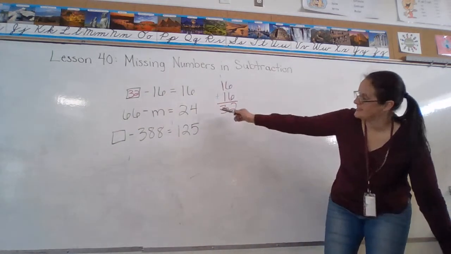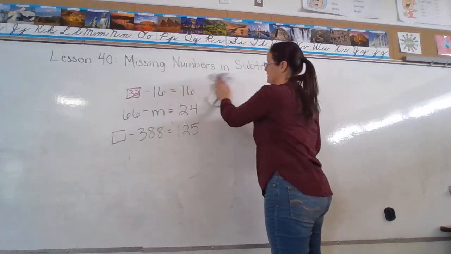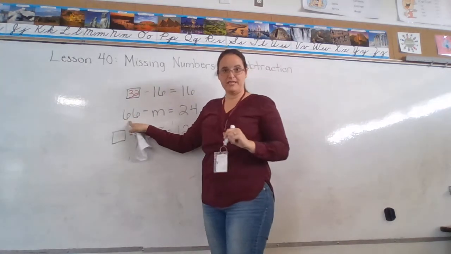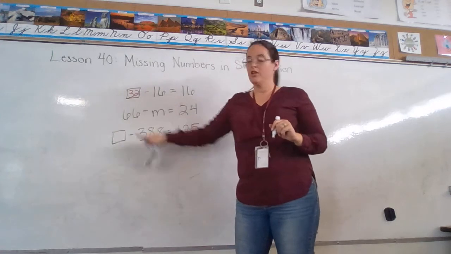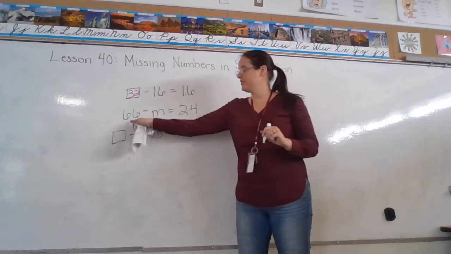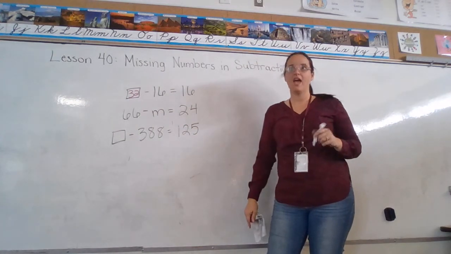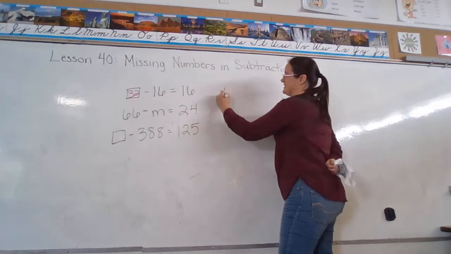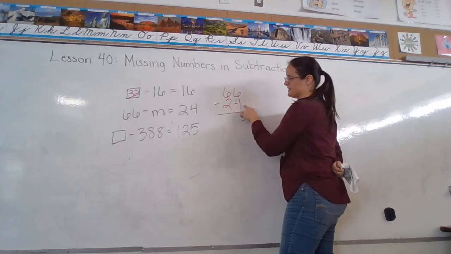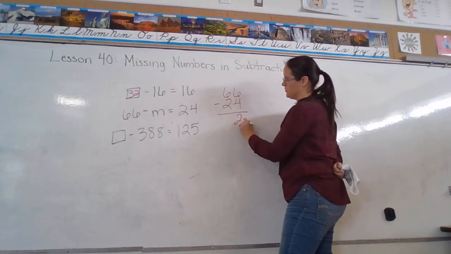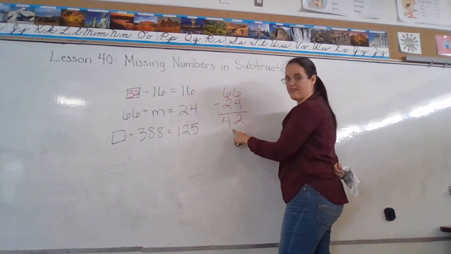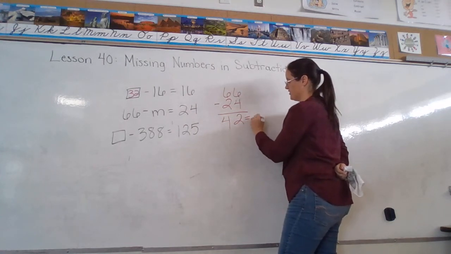Okay? The second one. Again, it's a subtraction problem. So where should the bigger number be? At the beginning. This is my bigger number. So am I going to add these to get a smaller number, or am I going to subtract them? I need to subtract. So I'll take 66 minus 24. 6 minus 4 gives me 2. 6 minus 2 gives me 4. And I should have m equals 42